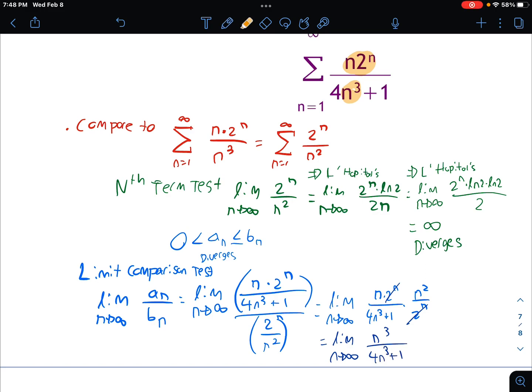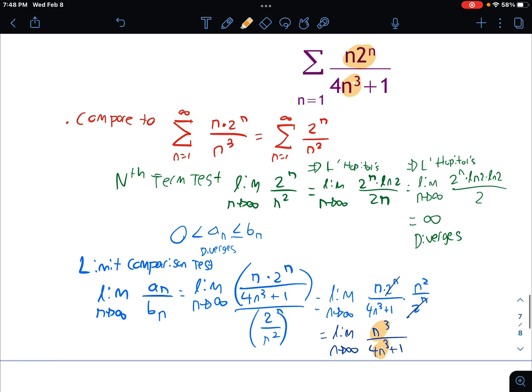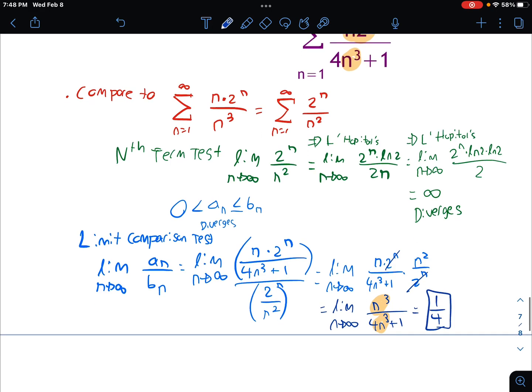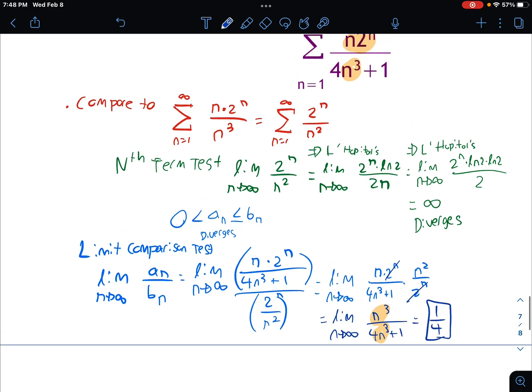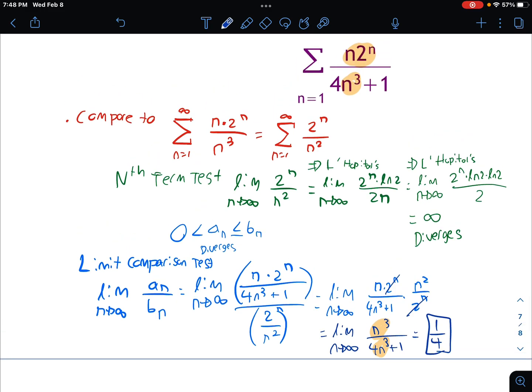Well, we notice that when we take L'Hopital's rule 3 times, it's going to cancel out, and we're going to be left with 1 over 4. And so since we found a limit that's positive and finite, then we know that both the things that we compared, this series